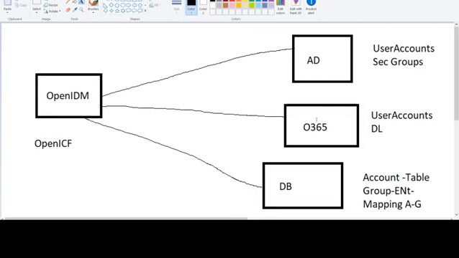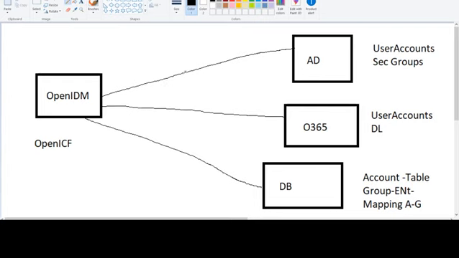Similarly, for Office 365, it can communicate through PowerShell scripts. For a DB, it can make any DBMS query directly, or it can also utilize any kind of ORM mapping to communicate with the DB. So OpenICF can be extended to communicate with these kinds of applications directly. It can send data to that particular application, and it can get data from that particular application.